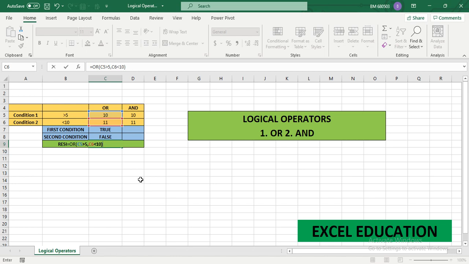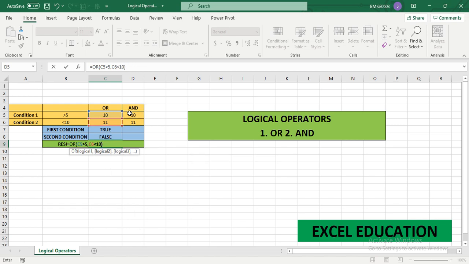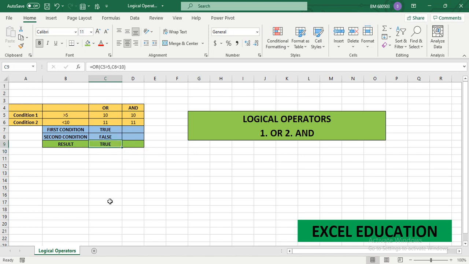The reason being, an OR condition only mandates one thing: one of the conditions mentioned. Now here we have mentioned two logics, right? Even if one of these logics is true, the result will be true. You can have multiple logics like this. You can also add another condition and say that, let us say, D5 also should be greater than 5. That also you can specify here, but for now let us keep the case simple and finish it off like this. See, the moment I press enter, the OR condition gives me the result,